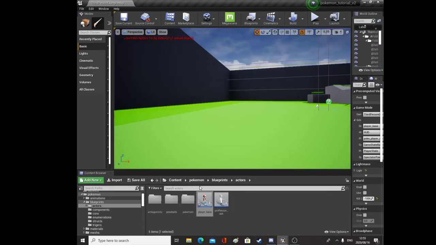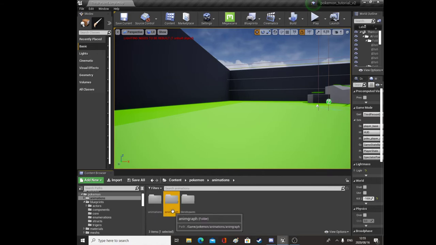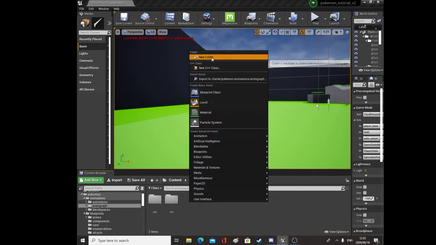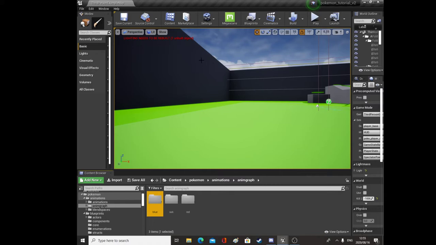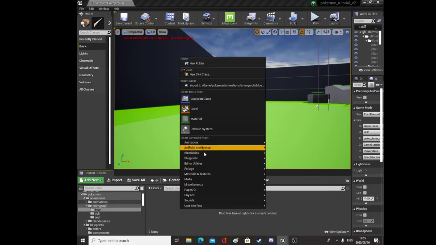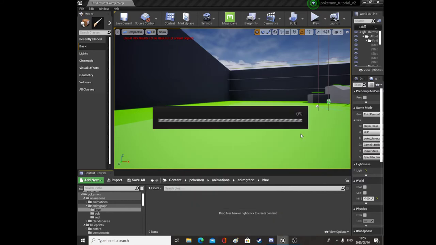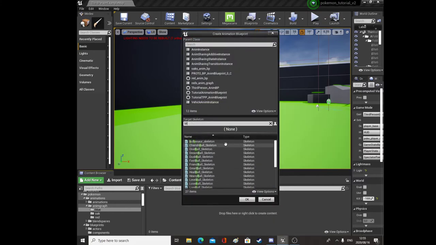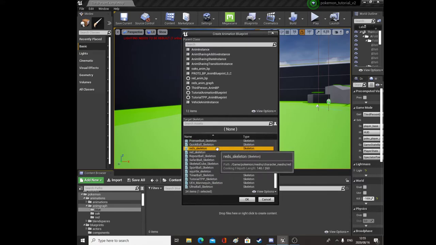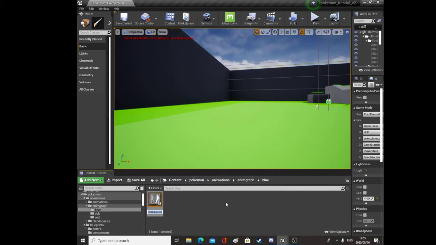So let's sort out Blue's. Let's go to Pokemon, Blueprints or Animations, Anim Graph, and we're going to make a new folder here. We're going to call this Blue, and we'll open it up, and we'll go to Animation, Animation Blueprint, choose Blue. What did we name him? We're using Red skeleton for all our characters. I forgot. Okay, so we'll call this Blue anim graph,